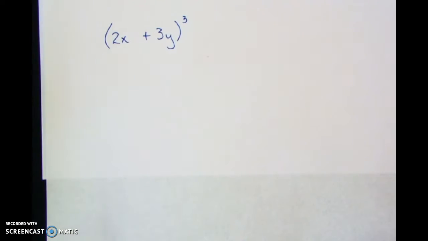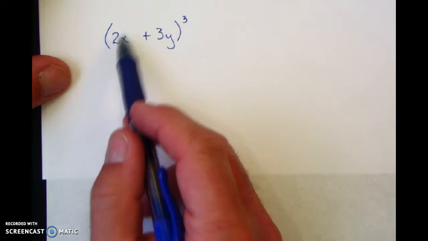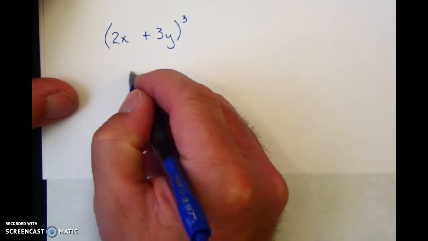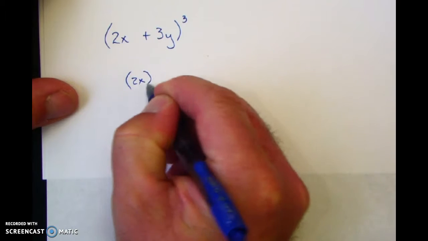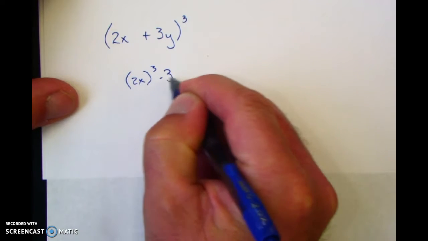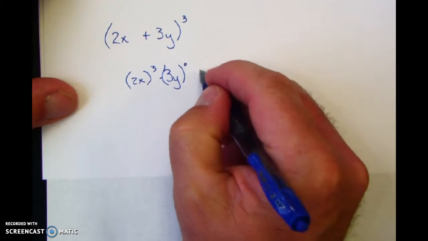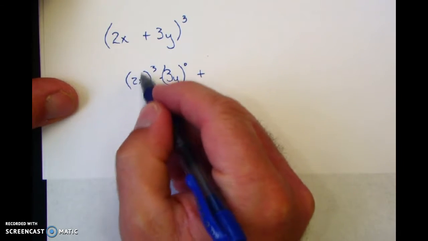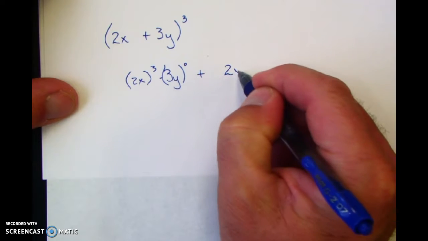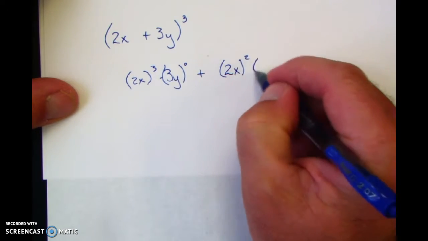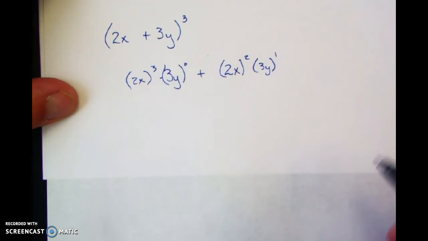Another example, here we have 2x plus 3y. Here's our binomial, and we're going to cube this. So again, for my first part, I know that I'm going to have 2x cubed times 3y to the 0 power as my first part of this, and then our first term is counting down. That's going to be 2x squared, and then my second term is counting up. That's going to be 3y to the 1st,